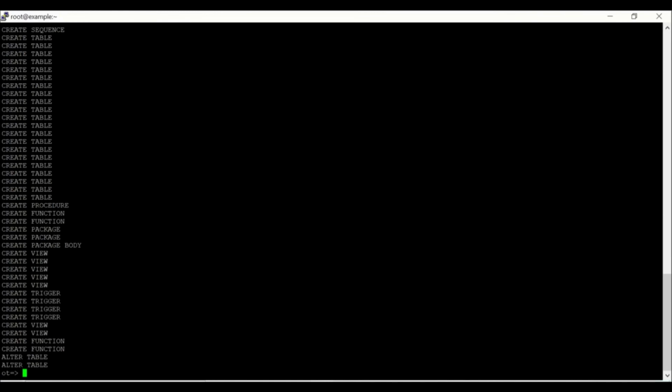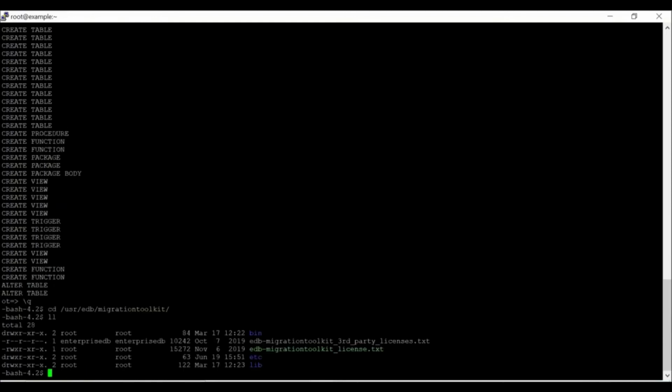Now I'm moving towards the data migration. For that you need to install the migration toolkit using yum install edb-migration-toolkit. Once you install it, you can see the necessary files inside the migration toolkit, and you need to modify the toolkit.properties file.